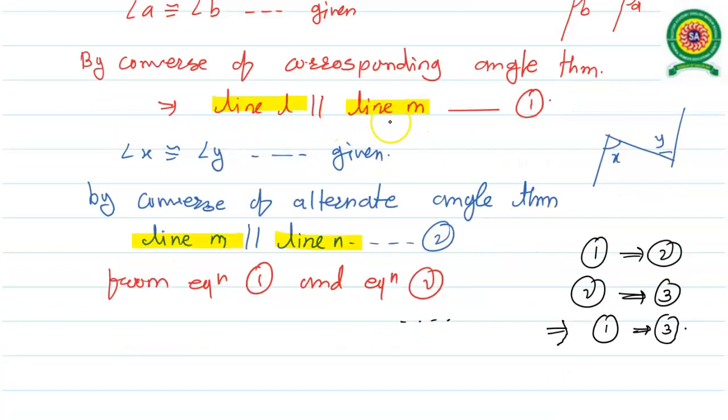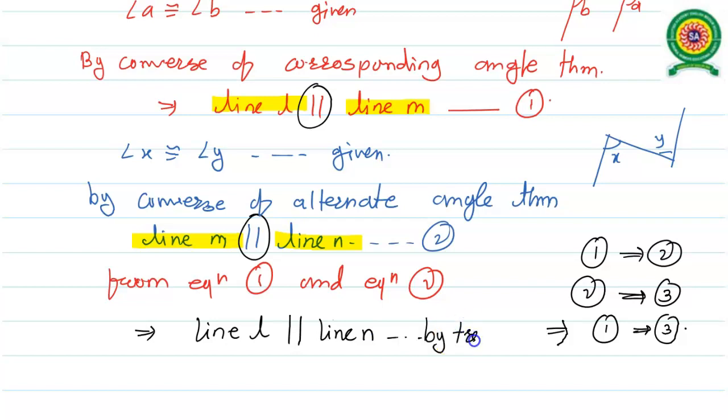So we are talking about proportionality as the parallel one: the first line is parallel to the second, and the second is parallel to the third. So we might say the first line is parallel to the third line. We have a line N. By the property of transitivity, I am writing the reason behind it, by the transitive law, we might say it that way. Look at the next question now.